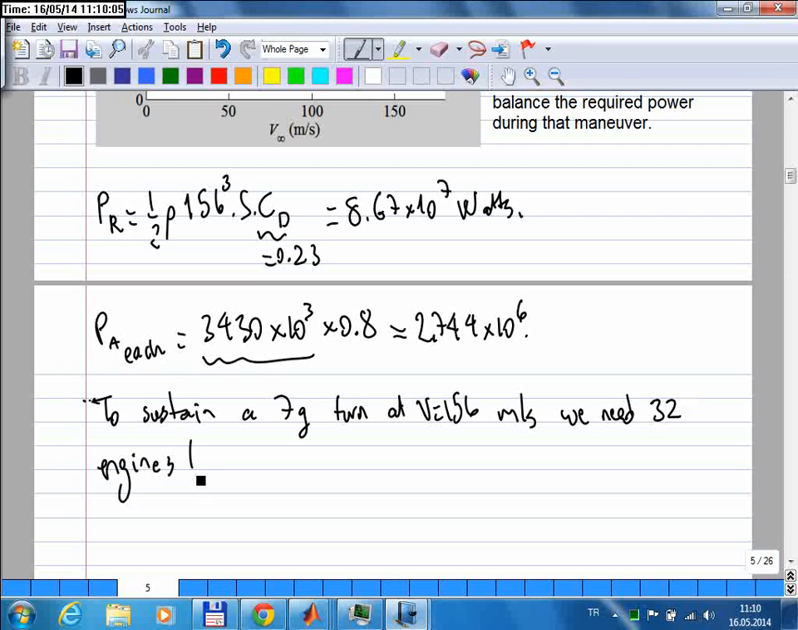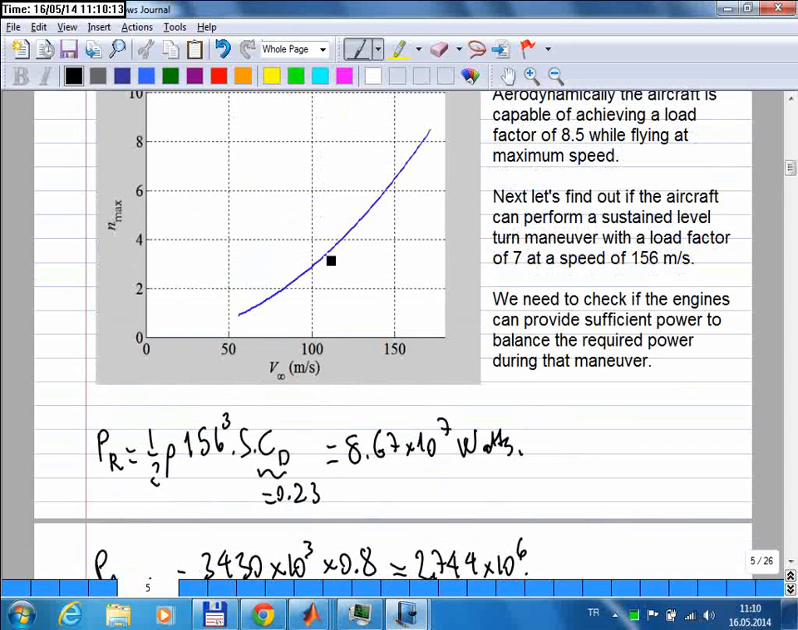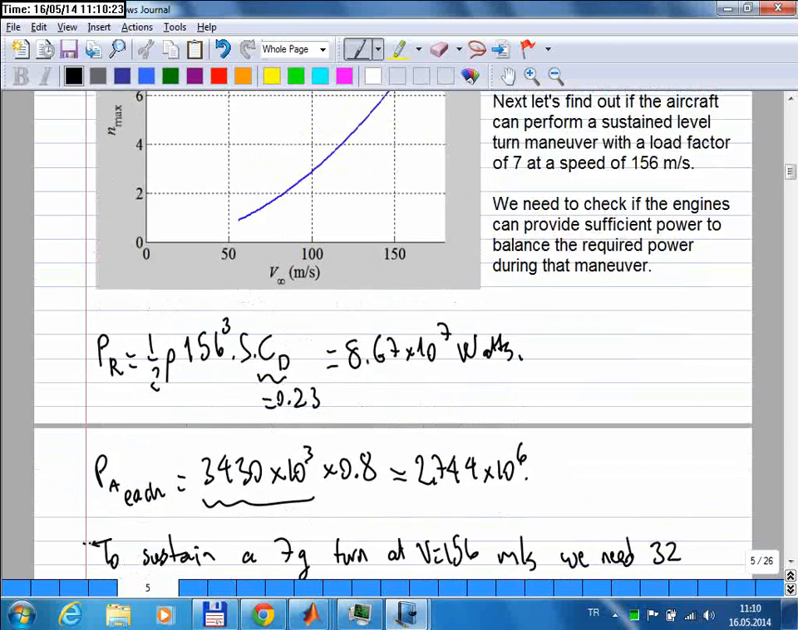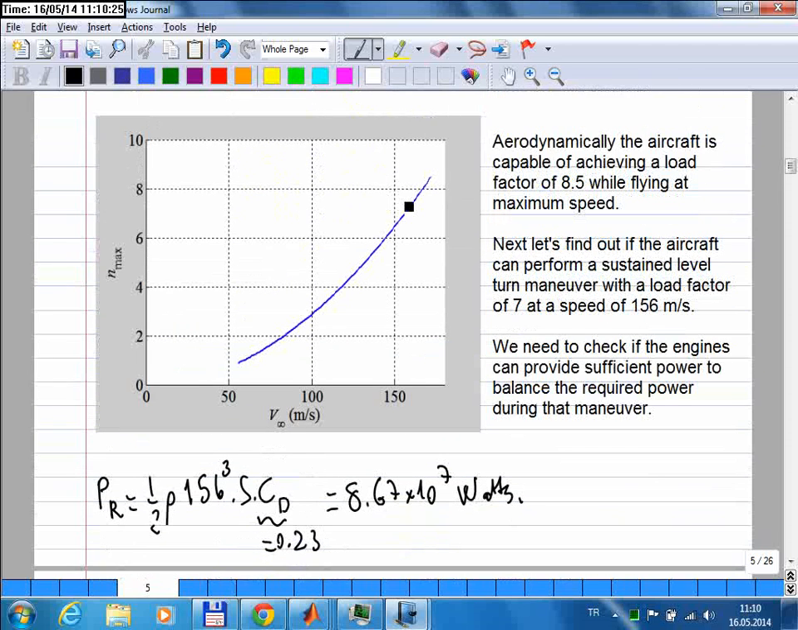So obviously the aircraft cannot make such a turn because it doesn't have enough power. If you think about this problem, aerodynamically everything seems to be fine. You can reach very high lift forces to get really high load factors. But if you start such a maneuver, then if you increase the lift coefficient to its